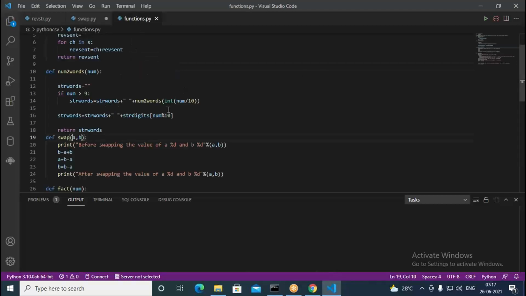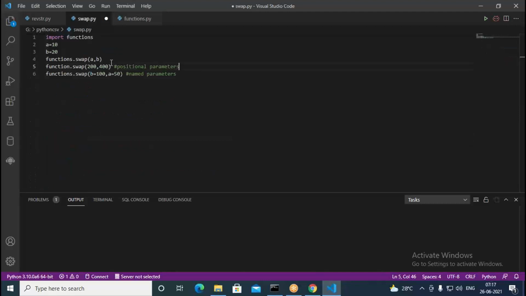In whatever order you define, in the same order it is called. So with A comma B, the first value is taken as A, the second value as B. Like that we call. So this is a positional parameter. The second one is a named parameter.